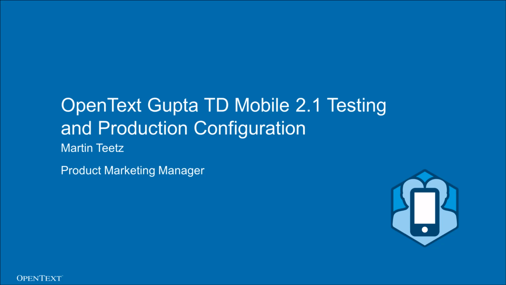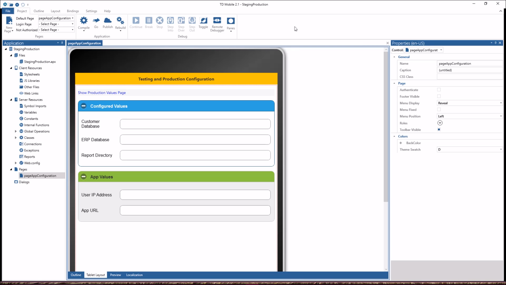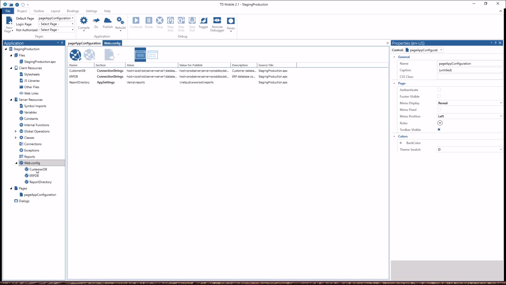In this video, I'm going to show you how you can leverage the new testing and production configuration features of OpenText Gupta TD Mobile 2.1. TD Mobile 2.1 has a nice new feature to configure apps for testing and production systems. In the application outline tree, there is a new entry here, web.config, and if you click on that one, then you see the connection strings and app settings variables that have been defined for this app